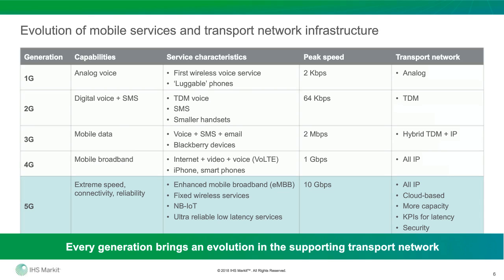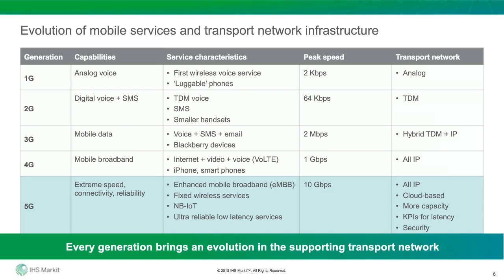So 1G, very basic, analog, won't waste time there. 2G was interesting because it brought in digital voice, a little bit of SMS, but really low speed, 64 kilobits, and effectively leveraged TDM as the underlying transport network. If you looked at 3G, that brought in the first of data, support for email. And of note here was that voice continued to be carried over PDH infrastructure, over TDM, and we saw the development of a new transport network often based on ETM technology,